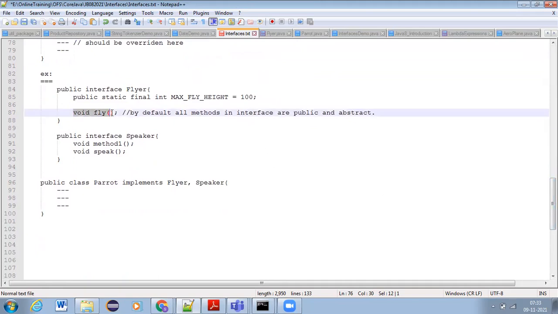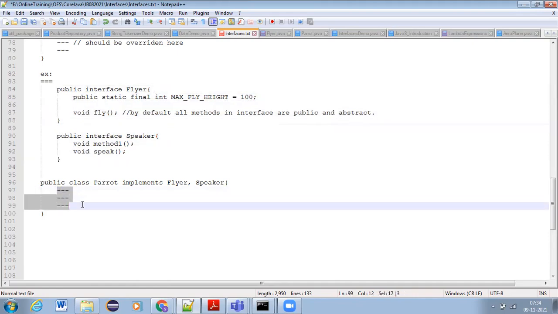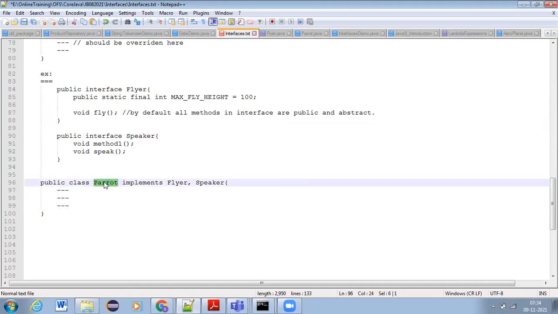I have declared one method in one interface, and in the second interface, Speaker, I have written two methods. In total, there are 3 methods in both interfaces together. So we should override all 3 methods. If there are 10 methods together in both interfaces, then we should write 10 methods in the Parrot subclass. Clear? So this point you need to remember, guys.